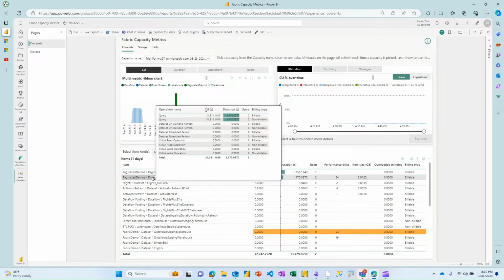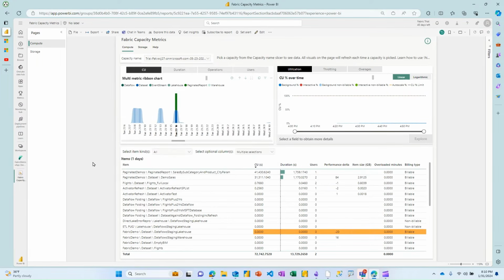If query is the dominant thing, then we're going to get into conversations about optimizing the model, optimizing the DAX, optimizing the report design to minimize the number and size of the queries that are coming from the report to the data set. But if it's a refresh, if there's tons and tons of refresh there, then we're going to talk about using incremental refresh, and making sure you've got query folding happening, those types of things to minimize the capacity units consumed during the refresh process. Okay, and you can also see analyze in Excel usage there,